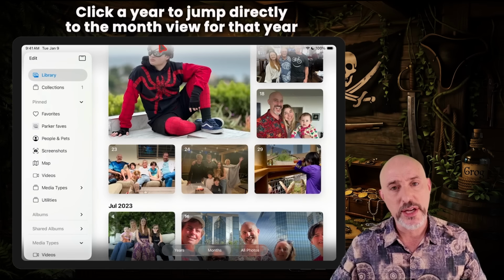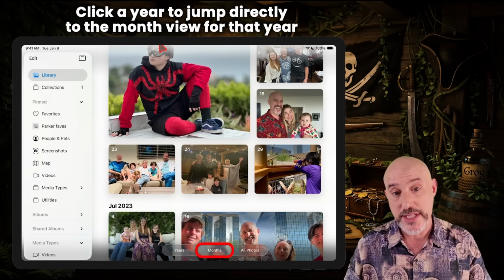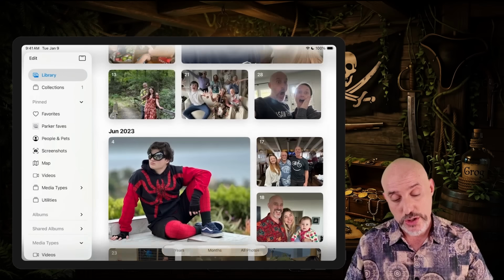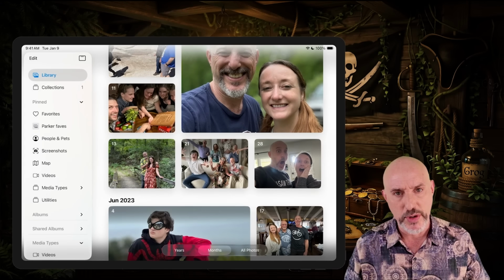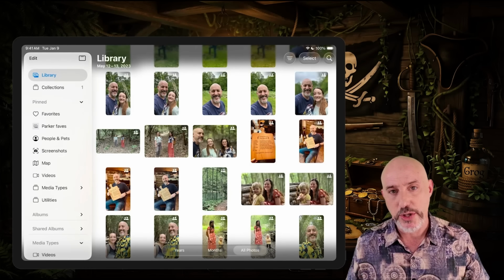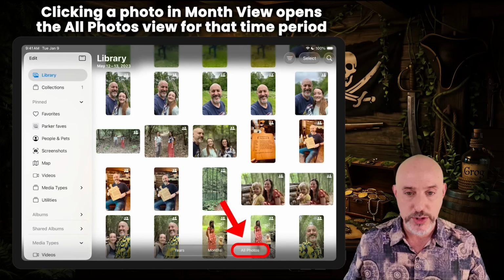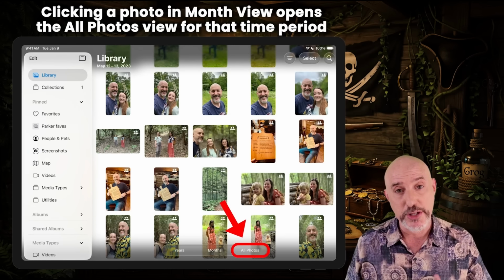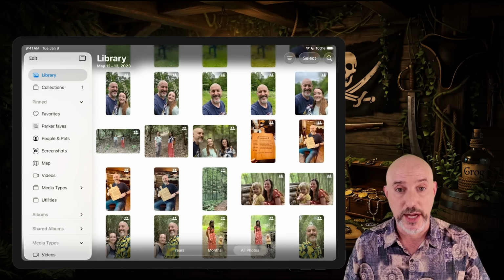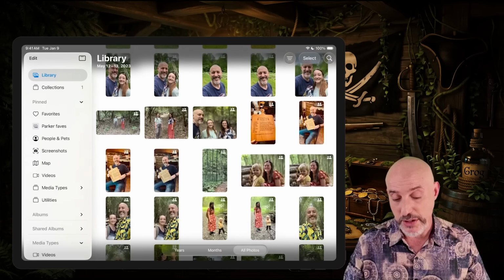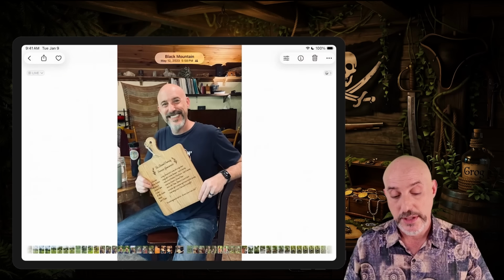As soon as you click on the year, it moves you into the month section for that year. So you can scroll around until you find the right month for what you're looking for. And when you click on that picture, it takes you to the All Photos section, as you can see down on the navigation bar on the bottom. From here, you'll see all of your pictures in chronological order, so hopefully you can locate the exact picture that